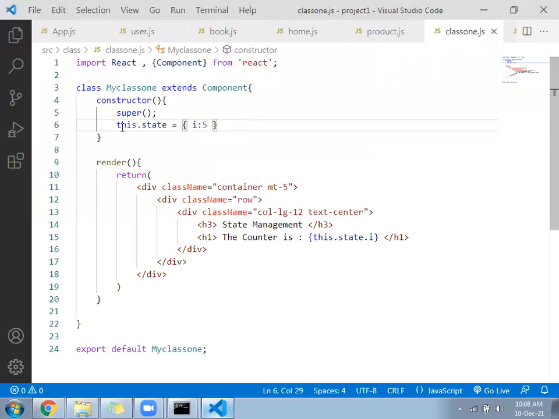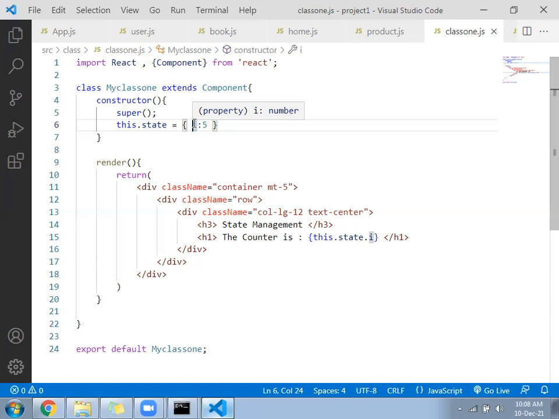Look at the state, where we have created a variable. The variable name is i. i is not a normal variable, it's called a state variable. So people may ask you how to create a variable inside the state using a class component. You will say, I will use the class, inside it I will follow the constructor, followed by the super function, and inside the constructor I will write this.state equal to curly brackets.